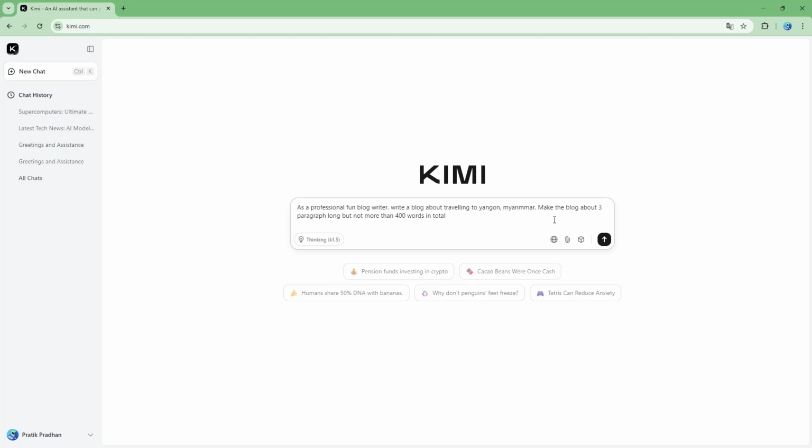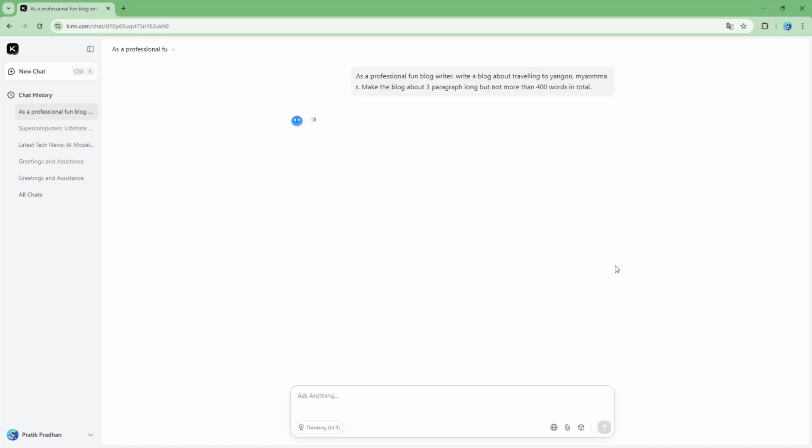So if I were to do this, you can see that I defined a role and then I gave it the task here, and then I set the limitation right here for a specific type of result. If I were to hit send, what happens is that it'll analyze whatever I said, and then it'll give out the result right there. So this is what you have. You need to wait for a bit,